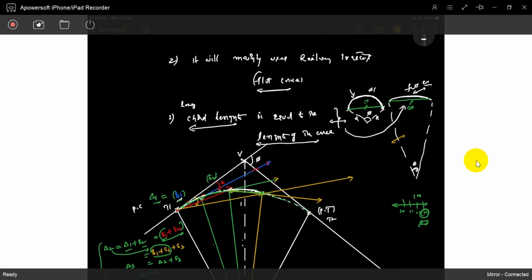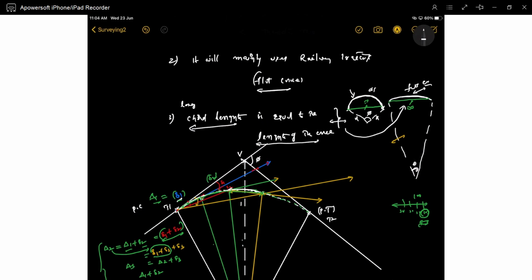The only remaining topic in the chapter is the compound curve. Setting out of the compound curve is not in our syllabus. Not in our syllabus, so no need to discuss. So only one class is there for the next